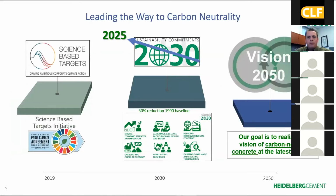At Heidelberg Cement, we have 3 stages to cope with the carbon challenge. Stage 1, scientifically recognize. We spent time for the past couple of years to develop roadmaps identifying needs and targets. We became the first and highest ranked cement company to have approval for science-based targets by the Science Based Target Initiative. Stage 2. We have published our 2030 sustainability commitments with a goal to reduce our greenhouse gas by 30% compared with 1990. Recent audit of our roadmaps and technology have given us the confidence to move the target up